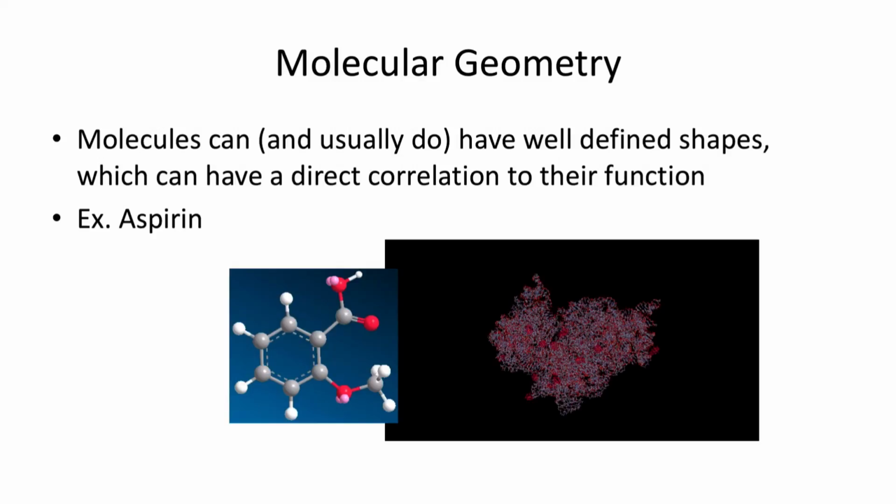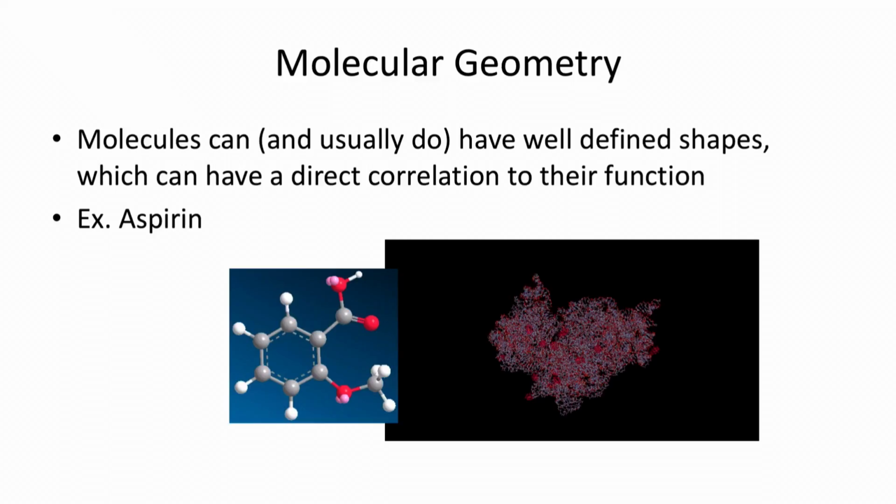linear or trigonal planar or whatever, and these shapes are usually very tied or related to what they do. In other words, there's some sort of relationship between the structure and the function, okay? And one of the things that chemists and other like-minded folk try to understand is, if we know what the thing looks like, can we figure out what the thing does, right? What kind of function does it have? Okay, and so here are two examples of molecules that you might be familiar with that have these kinds of